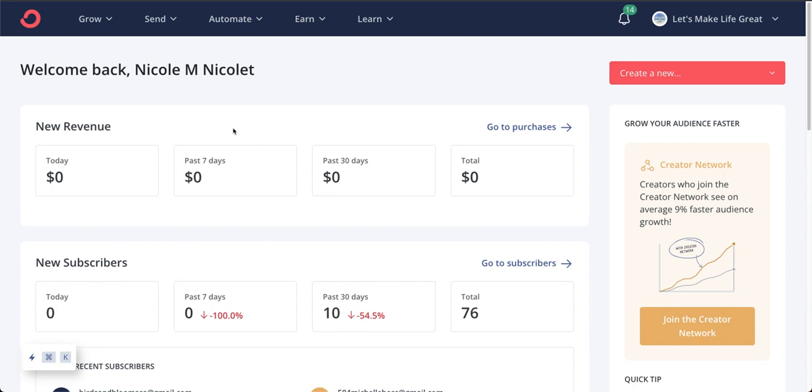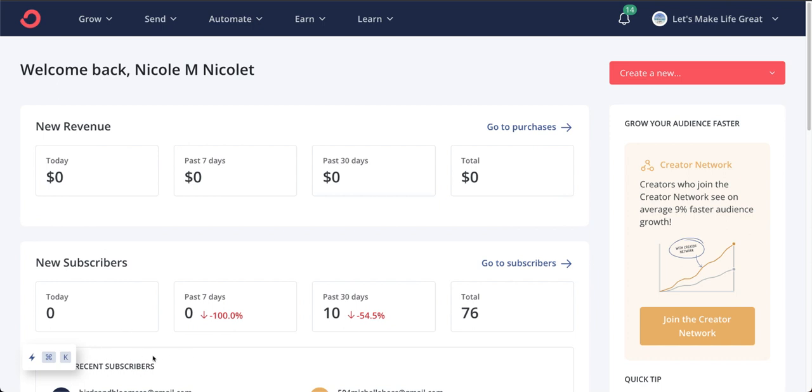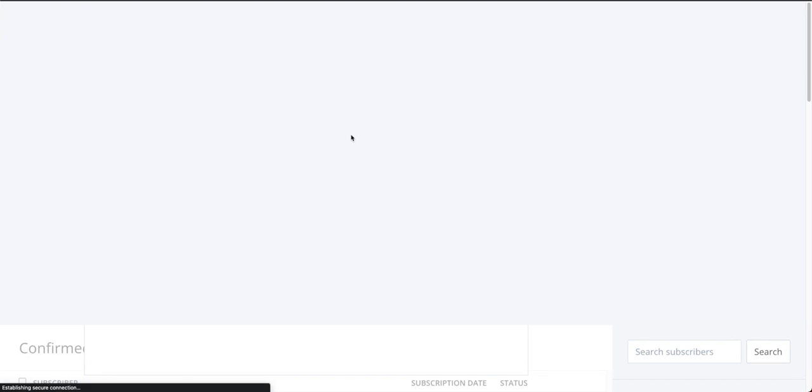So on the back end here, you can choose to check out your new subscribers. You can either go to your subscribers here, or you can go to grow and check out the subscriber list here. You can also see your recent subscribers down here, but I don't want to show you that, so that way you don't see their emails. So going to subscribers here,